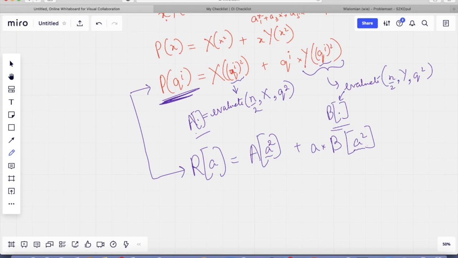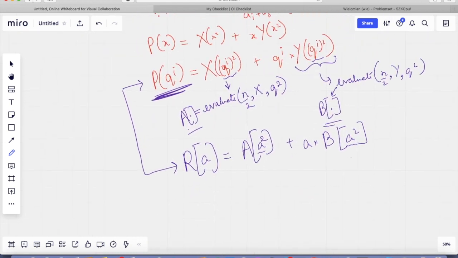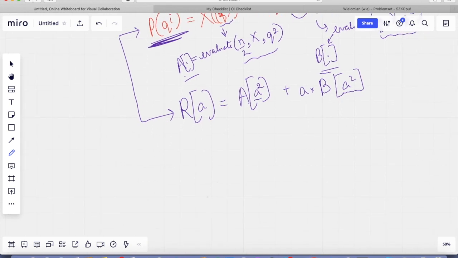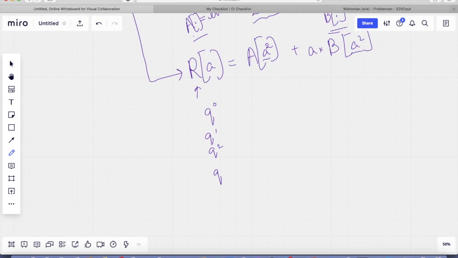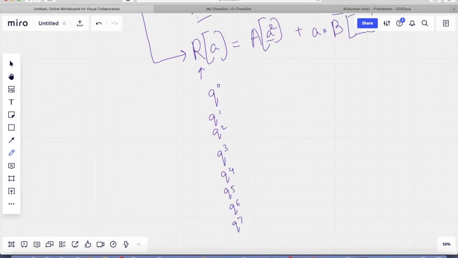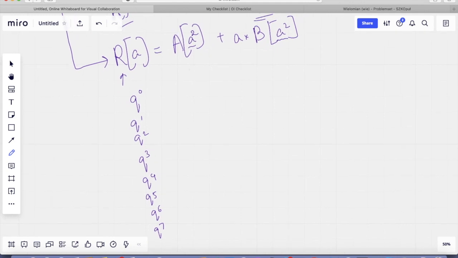Now here is the most interesting thing. Why does calculating at only n by 2 points suffice? Or rather, why does doing this suffice in a recursive fashion? Well, this is why. For R, we want to calculate at q to the 0, q to the 1, q to the 2. We want to calculate at all these things. What are the corresponding elements here that we want to calculate in? Well, here this corresponds to q to the 0, q square, and obviously since it is a square here, the same values will be here.